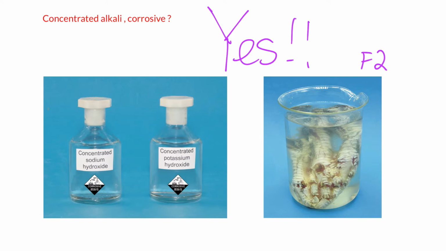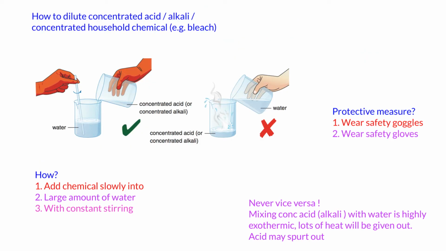They are also very corrosive as well. Okay, so last part, how to dilute concentrated acid. In your textbook, they talk about concentrated acid, but I would like to draw your attention not only to concentrated acid, but also alkaline and also concentrated household chemicals, for example, bleach. All kinds of these concentrated chemicals, if you try to dilute them,